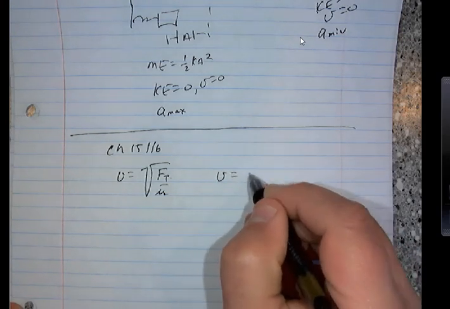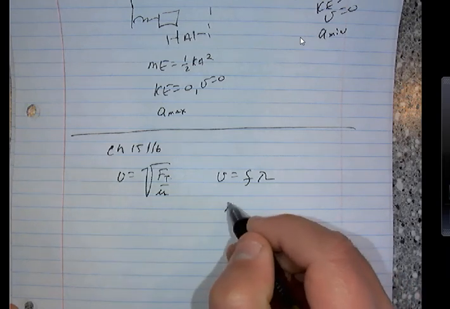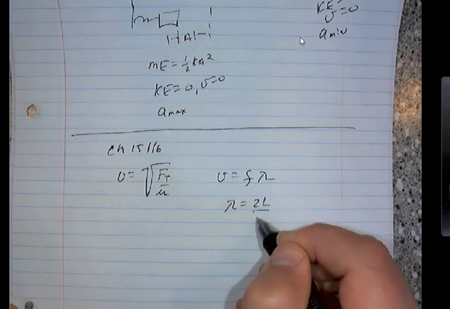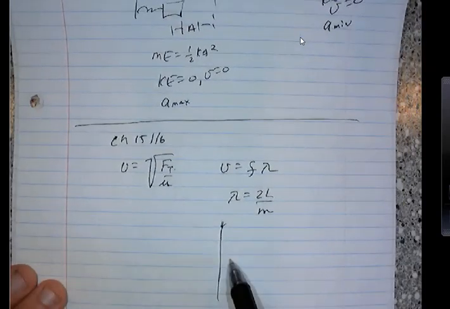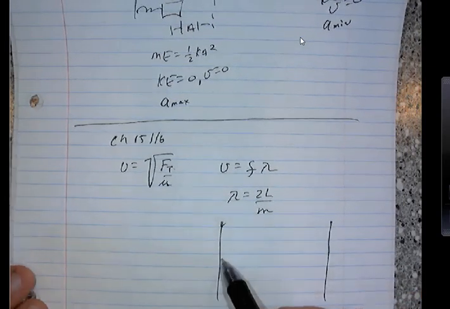Going back to chapter 15, we saw that the speed was the frequency times the wavelength as well. So these all work together. And then for standing waves, we also found the wavelength has to be 2L over m. And m here is the amount of antinodes. So if you have a standing wave that looks like this,